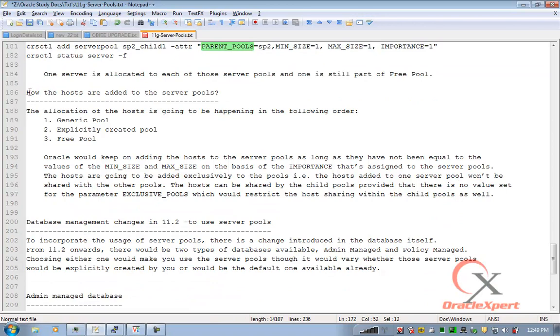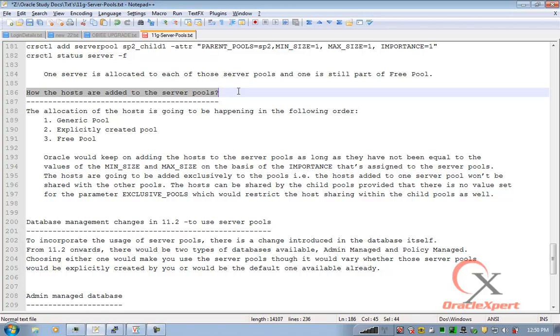Now, another important discussion is how the available servers are added to the different server pools. The allocation of the servers, the hosts, is going to happen in the following order. First, all of them are part of the generic pool if the generic pool exists.